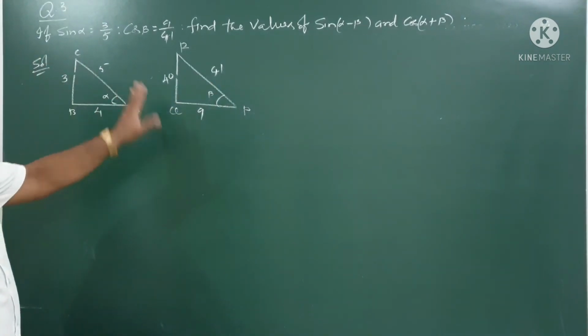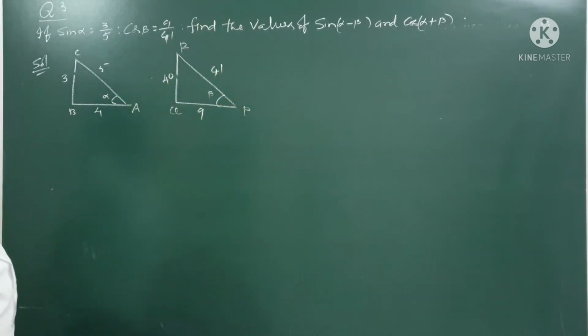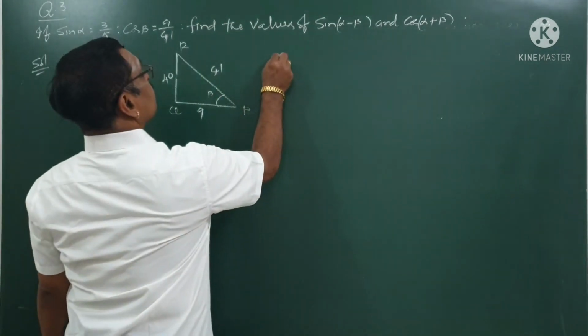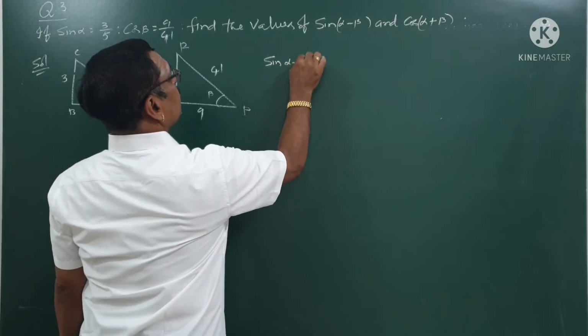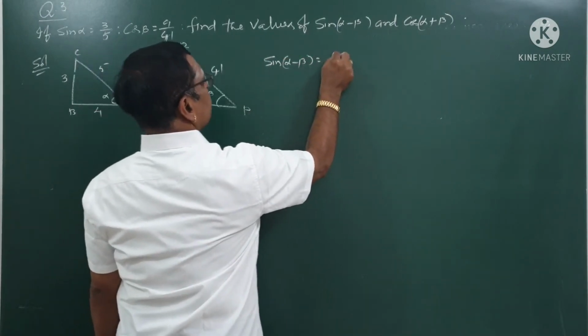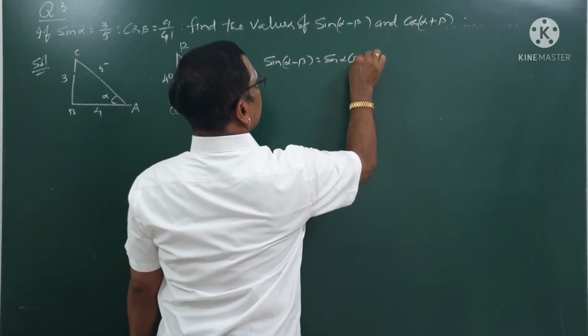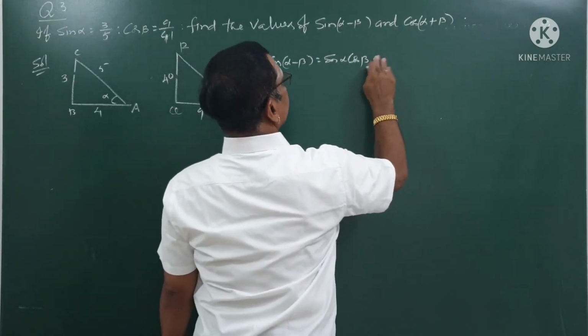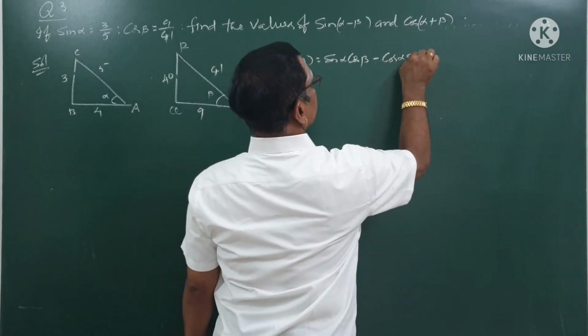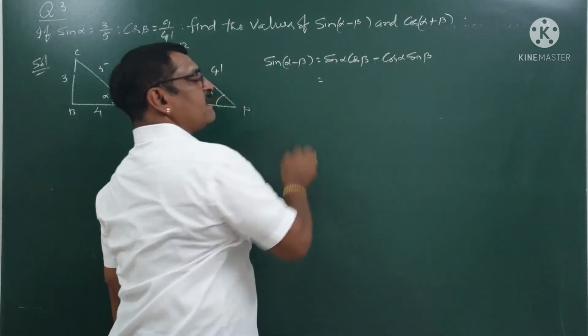Now, from this right angle, proving this is very easy. Okay. Now, I will go for sin of alpha minus beta. You know the formula? Sin alpha cos beta minus cos alpha sin beta. Now substitute the values. Sin alpha